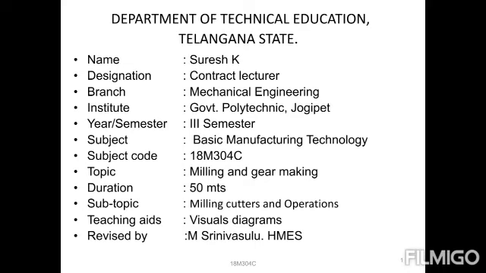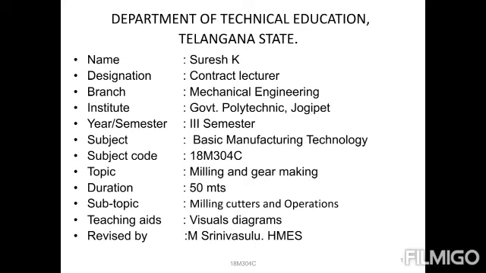Before that, once again I'm reminding you, a recap. So, what is milling? A milling machine is one of the versatile performers. It produces machining operations. A maximum amount of machining operations can be done with the help of milling machines, and the maximum amount of material can be removed with milling machines only. So that is the main thing.